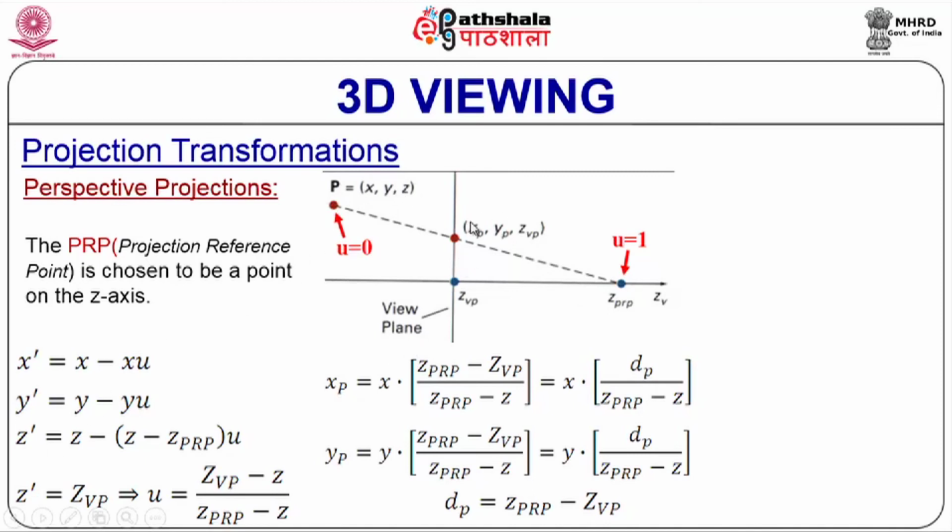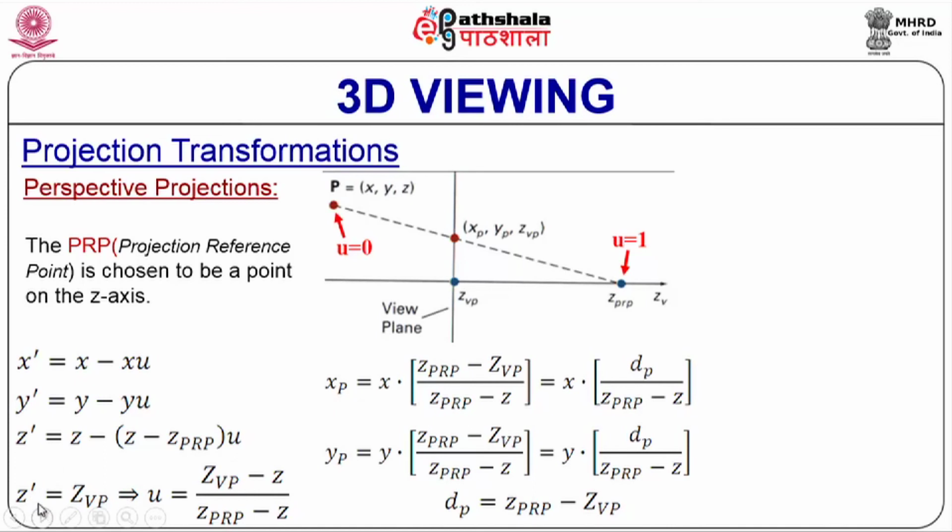Now how do we compute this? With the three equations in mind, we know that the z on the view plane is ZVP. So this is known, ZVP is a position that is known. So for this we know the z coordinate, which is ZVP. So what is u? For what value of u are we on the view plane is the question here. So u is equal to 0 we are here, u is equal to 1 we are at the other end. For what value of u between 0 and 1 are we on the view plane is our aim to compute now. Now, how do we compute u?